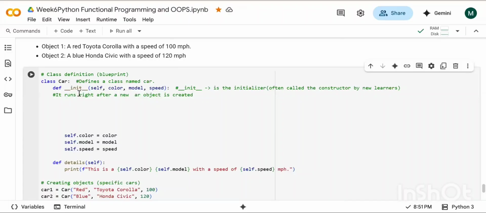It receives the new object as the first argument.